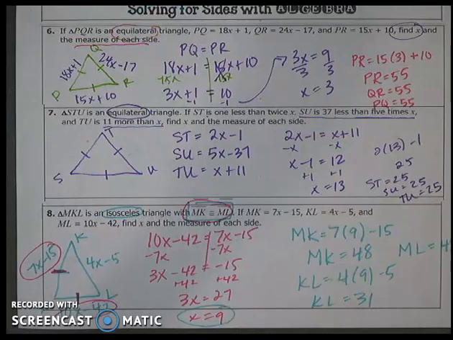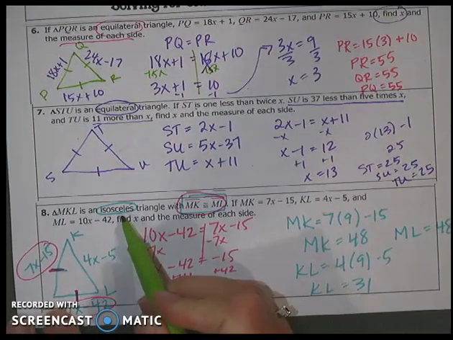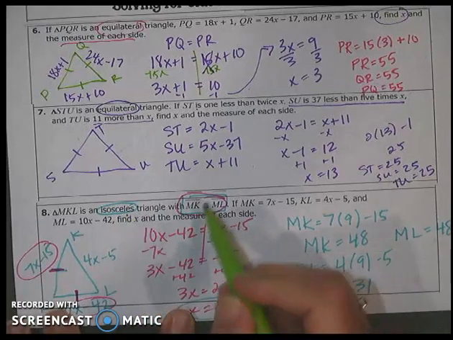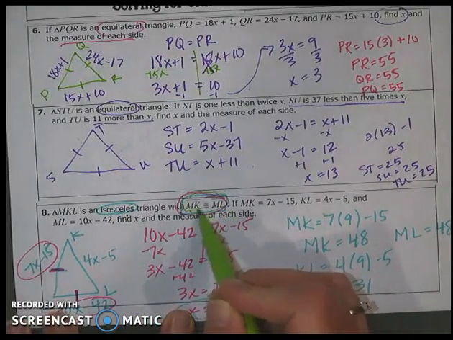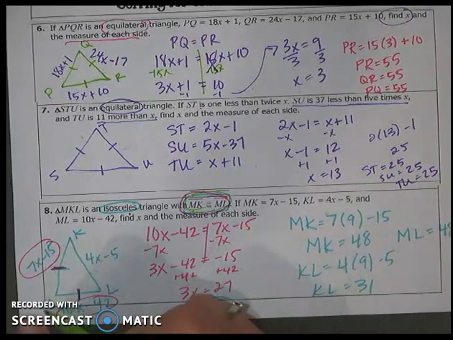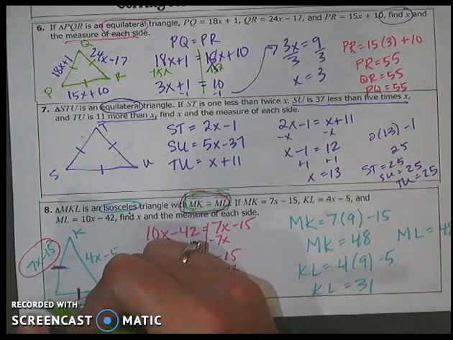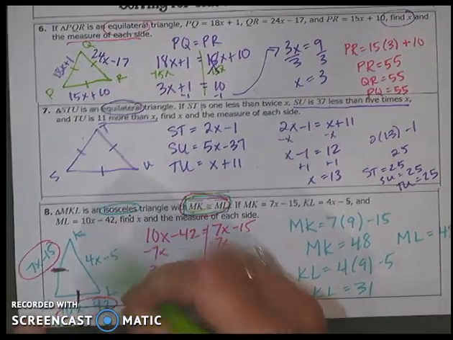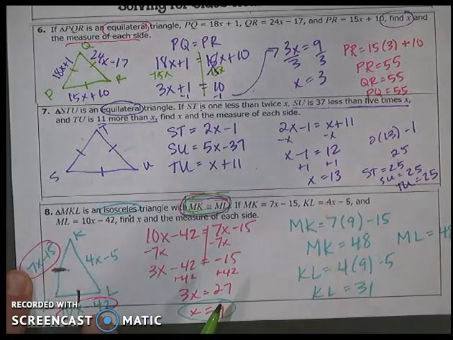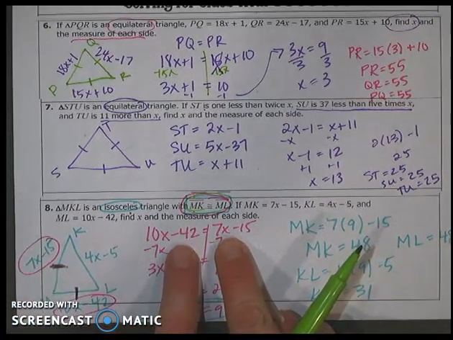Okay, so very quickly, highlights of this problem. It's an isosceles triangle. Notice it tells you MK is congruent to ML. When I drew my triangle, M is down here, so MK and ML are these two. I labeled my sides. I took the two sides, the MK and the